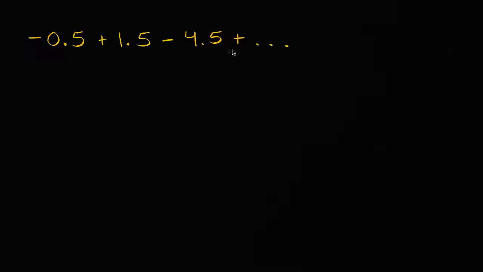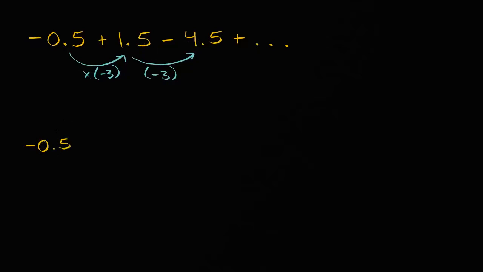So we've got this infinite series here, and let's see, it looks like a geometric series. When you go from this first term to the second term, we are multiplying by -3. And then to go to the next term, we're going to multiply by -3 again. So it looks like we have a common ratio of -3. So we could actually rewrite this series as being equal to